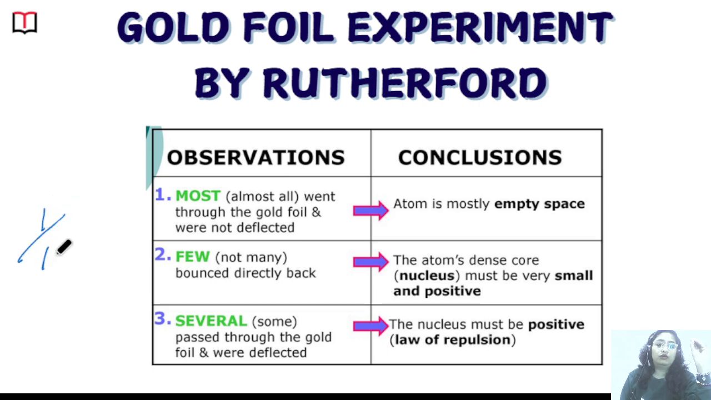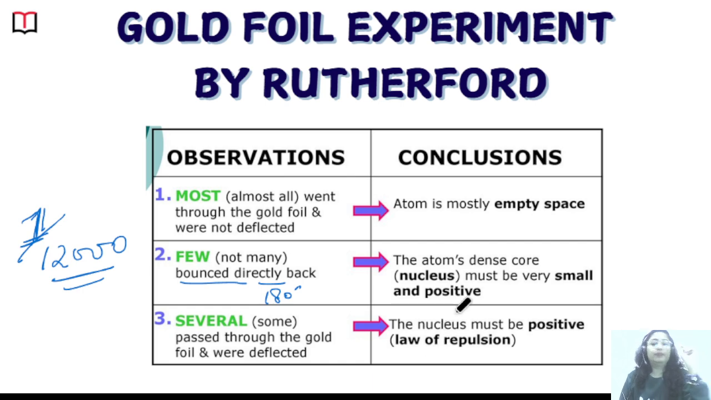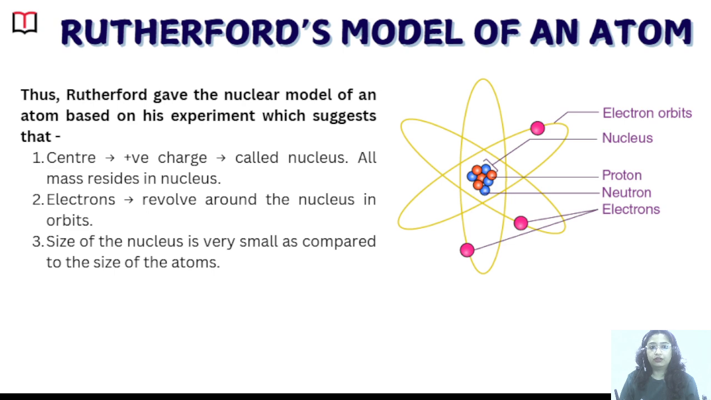Okay. And next he said that only a few particles. How few? Like 1 out of 12,000 particles, that few. 1 out of 12,000 particles were bounced back 180 degrees. So this shows that the center, he named the center the nucleus, the center of the atom is very small. It's so small, and that is containing the positive charge as well. Okay, so this was the gold foil experiment done by Rutherford. So what conclusion did he